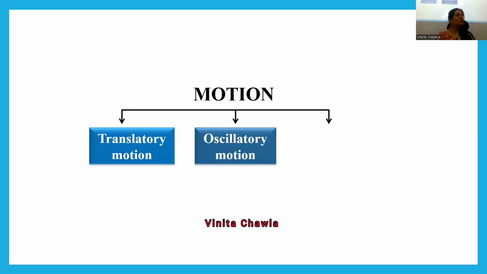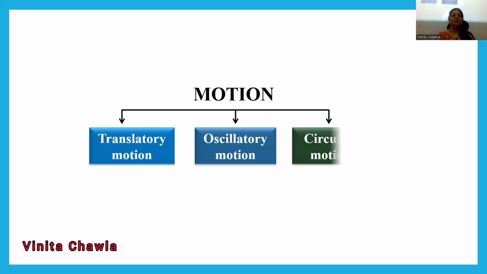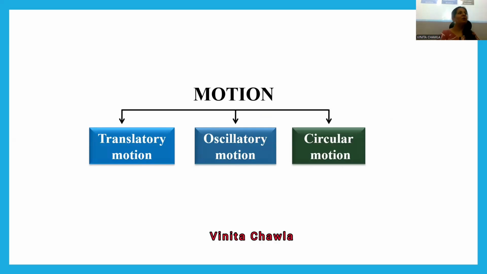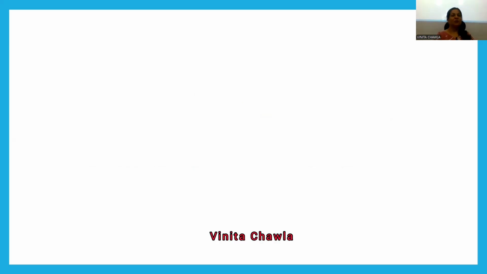So there are three types of motion: translatory motion, oscillatory motion, and circular motion. Translatory motion is the one where the object moves in a straight line. So if the object moves in a straight line, then